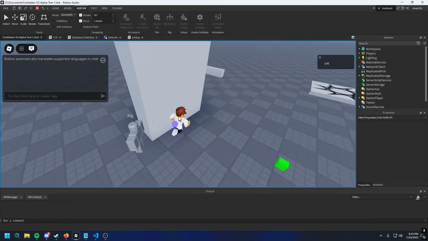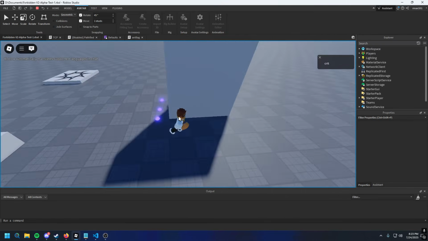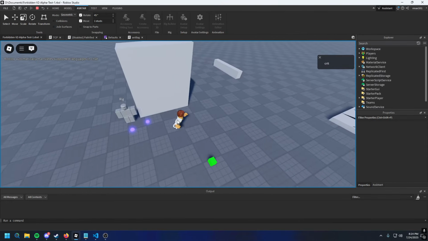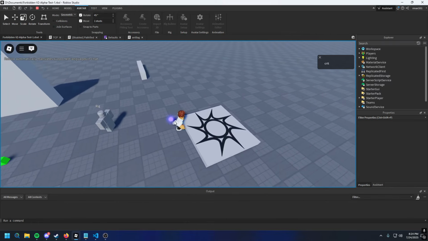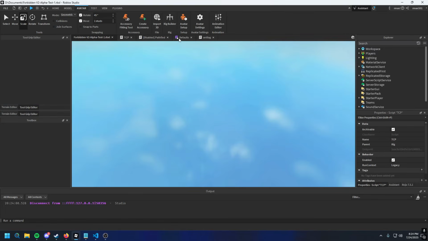So you can see it is tracking me right now. It will pathfind around the corner, and you can see it catches up. If it can ever see me, you'll see that it swaps to direct move to. You can customize the time that it waits to swap to direct move to